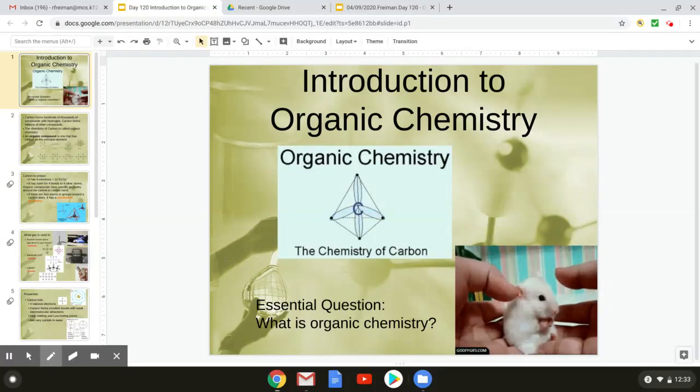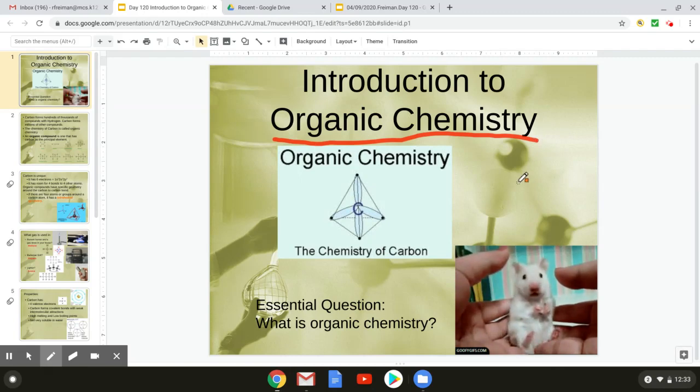Today's lesson is on the introduction to organic chemistry. When we talk about organic chemistry, it's a daunting field of chemistry that a lot of people hear and they just psych themselves out to think, oh, I can't do that. It's really one of the most beautiful parts of chemistry. And when you get good at organic chemistry, everything else falls into place and you'll start to see things sort